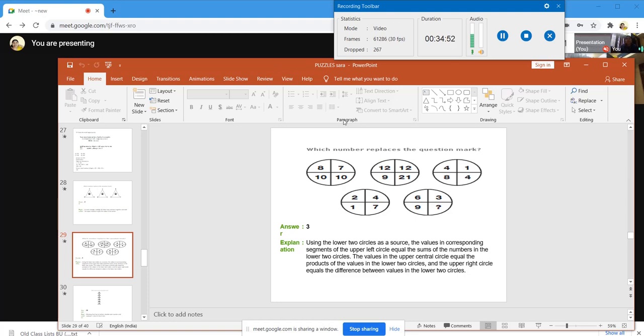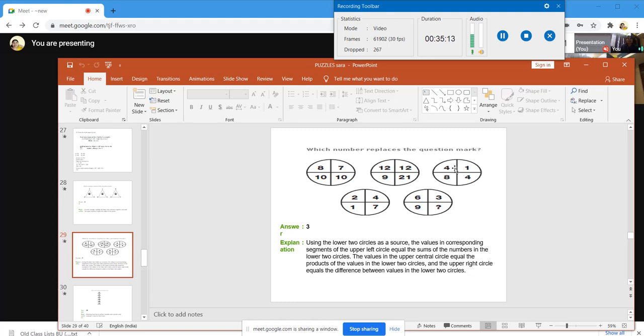It's very simple. Just see the left side diagram in the top row. In the top row, the left side diagram is nothing but the quarter of 2 and 6 here. 2 plus 6 is 8. Likewise, you come to the right side circle of the top row. You just see 2, 6. When you subtract, you will be getting 4.